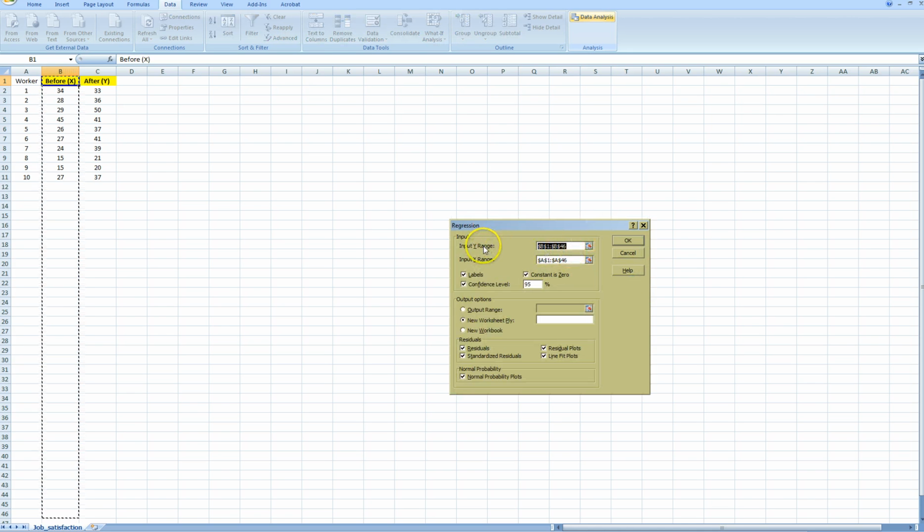Now it's asking us for our Y range and our X range. Well, we know that our Y range is right here, and we know that our X range is right here, because we put our X and our Y in our column names. That easy. Always check the box for labels because we included them when we highlighted our selections. We don't need to check the box for constant and zero. We'll go ahead and ask for a confidence interval. We'll put our output in a new worksheet,